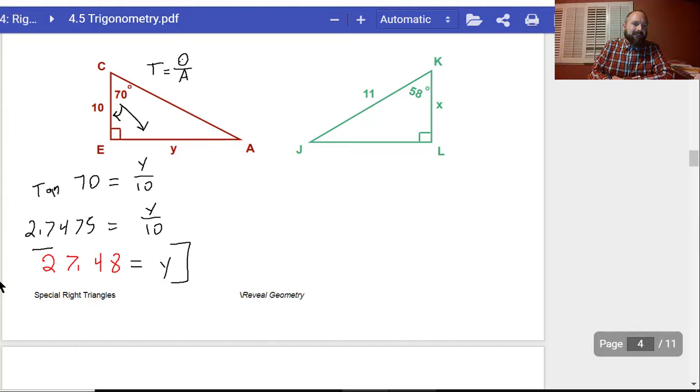Maybe I want to box my answer. Maybe I don't. I don't know. Now let's give the next one. Once again, I want you to figure out what we should use. In 3, 2, 1. Well, looking at this, we have the adjacent and the hypotenuse. So,